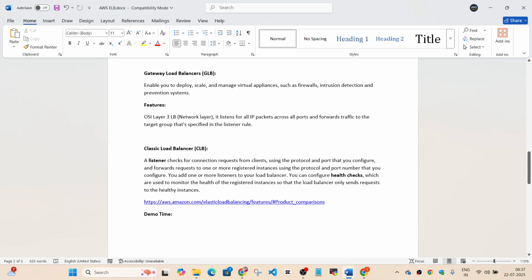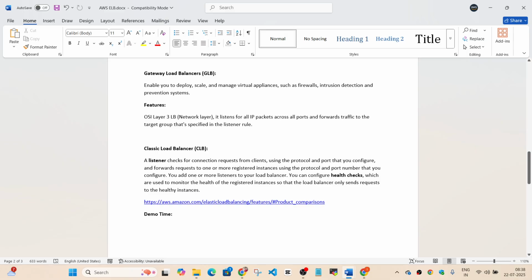So I just know this on a very high level, but it is good to understand, and you can tell that in the interview also. Okay, right? There's no shame in this, because since you are working in a DevOps environment, the container world, we might not be using gateway load balancer every now and then. Only ALB and NLB are used the most.